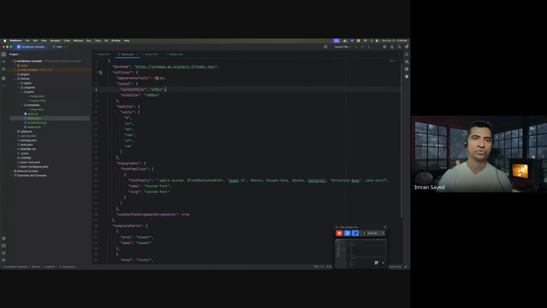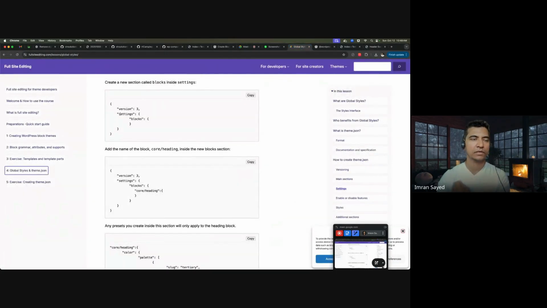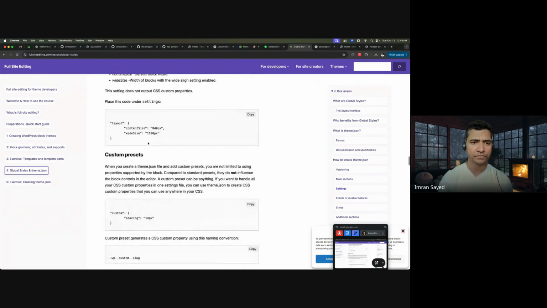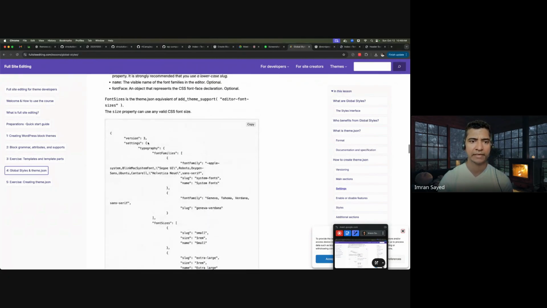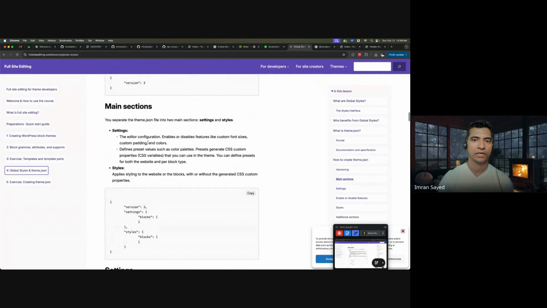So this appearance tool is actually responsible for basically those extra style settings that you had. Now those are back. Now, if you want to know how to get more information about these settings, you can go to the fullsiteediting.com website. There are lessons about global style theme JSON, and this has clearly explained what the different settings are that are available